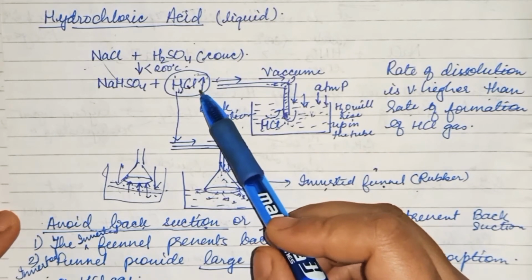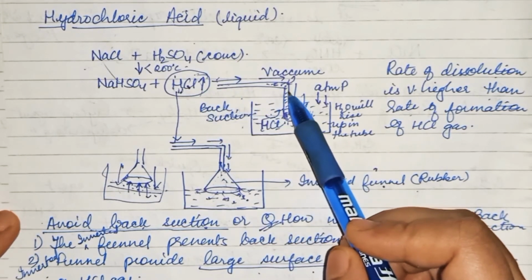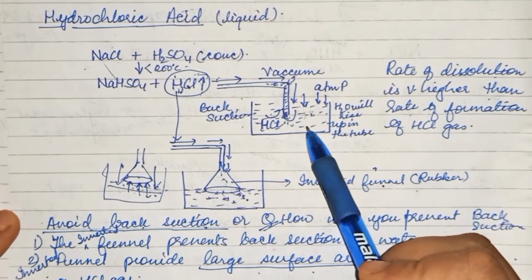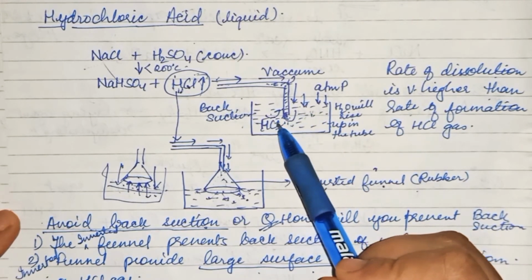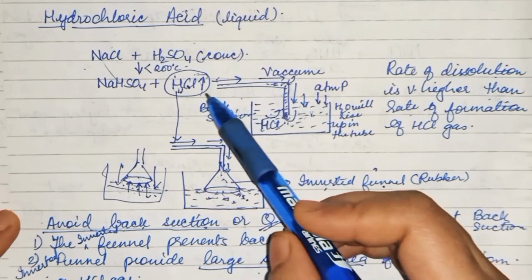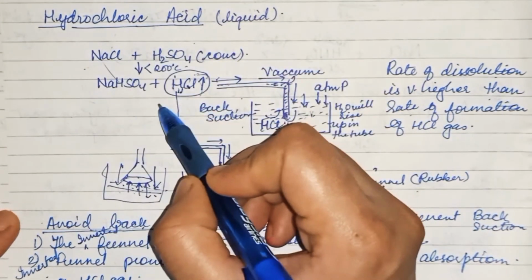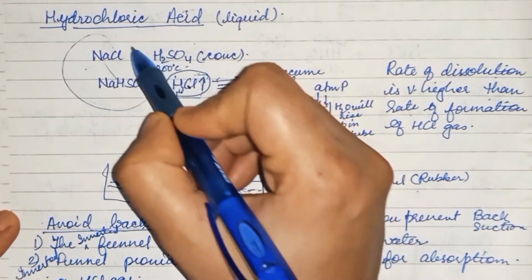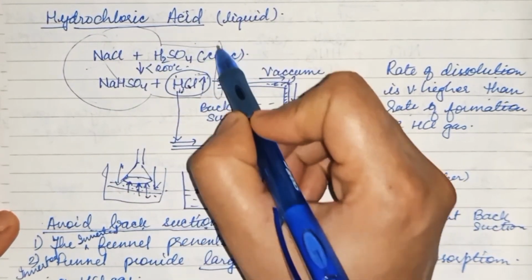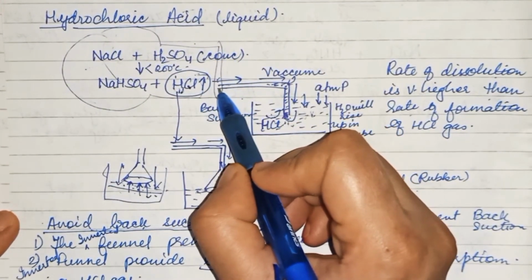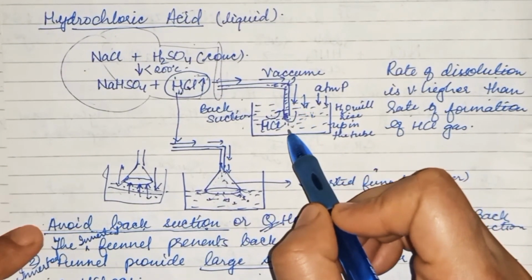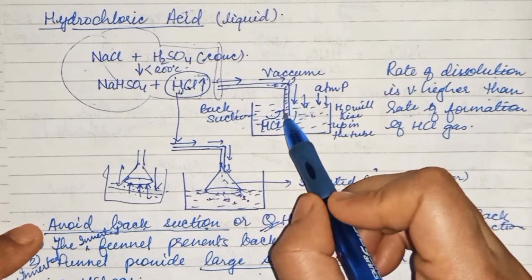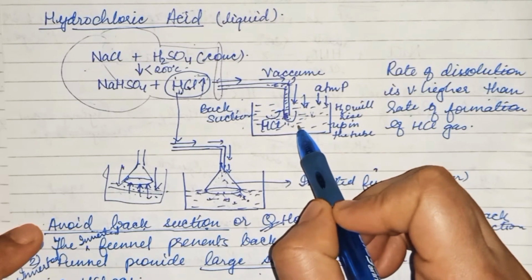So this gas, children, is passed through this tube and it is getting dissolved here in this water tank. In this tank water is already there, and the reaction is taking place in the apparatus. Suppose this is a glass apparatus in which the reaction is taking place, and one tube is attached to this apparatus and that tube goes inside the water. So the gas which is forming will come here and get dissolved in this water.